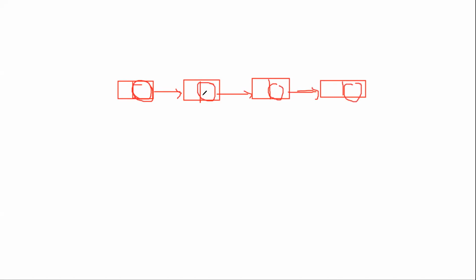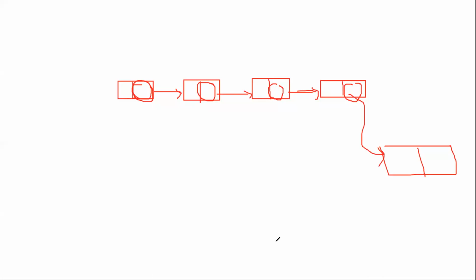I'll check for the null in the next field. If I find the null value in a particular node's next field, then I will finish my loop. Then I will exit my loop and say that this is the last node in the list, so that I can append the newly created node to the last node. That is what this means. So that is the reason we are copying the start variable to the temp variable, right? Okay, let me check in the coding.